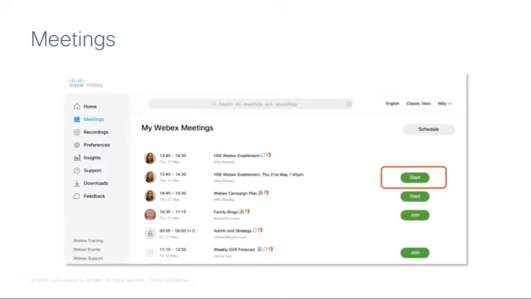If it says Join, you've been invited. This is not your meeting, you are just an attendee. So you should join, but you will not be the host. Either way in WebEx, and you'll notice this as we go through, using the big green button is the quickest way to access your meetings.